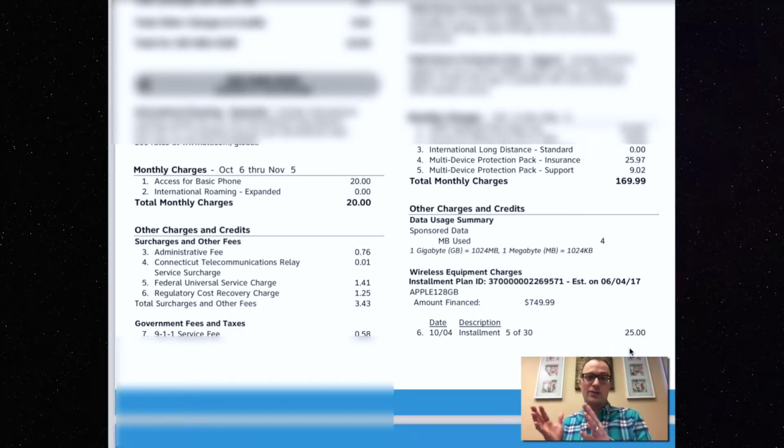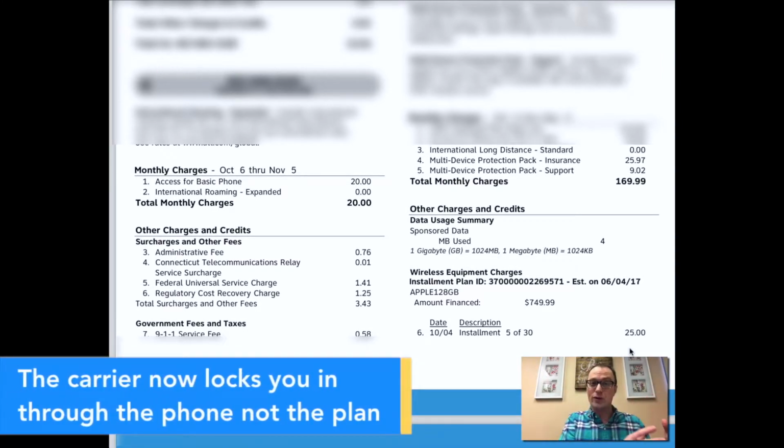The carrier has moved the contract that used to be associated with a cell phone plan. Remember the days of X amount of minutes and X amount of texting, and then data was also a certain amount? That's an old dinosaur fossil where you had a subsidized phone for $200. That's gone. What they did was they transferred the contract from the plan, where if you had to leave early, you'd pay a $350 termination fee, and they moved it to the phone,